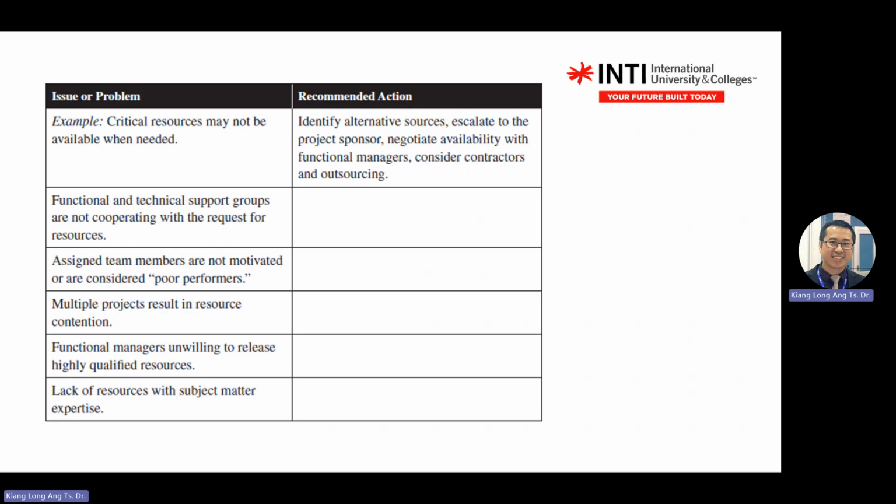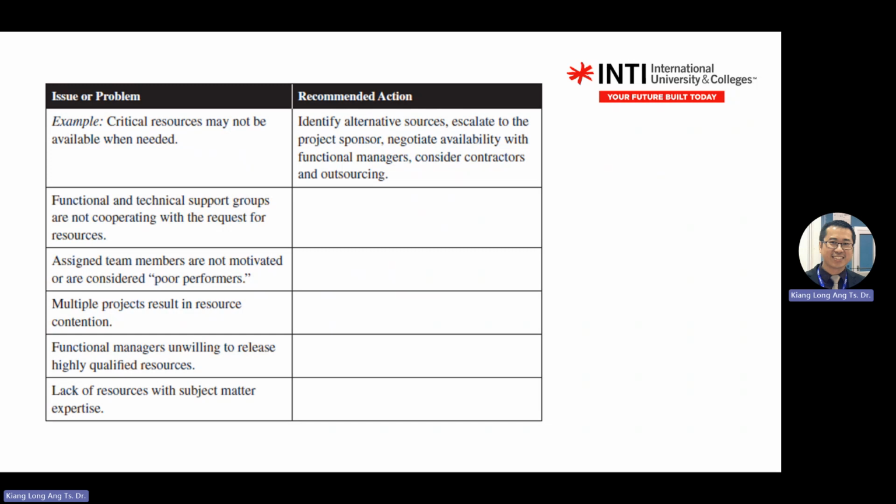Okay. So it's like you are in the factory setting, you are the PM, then you have problems communicating with the finance managers or production managers. So you go and find sponsors. Why do you go and find the sponsor? So it's not your problem lah. So you go and find the sponsor.